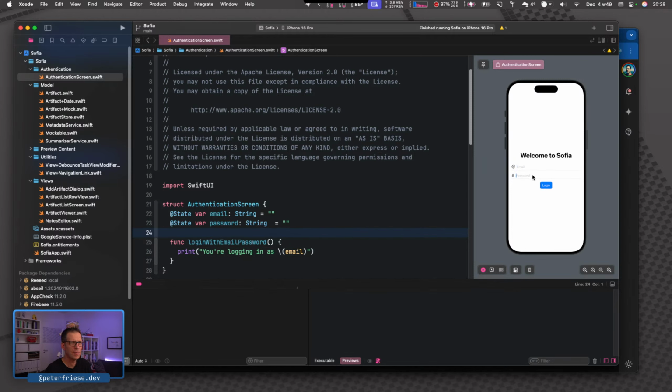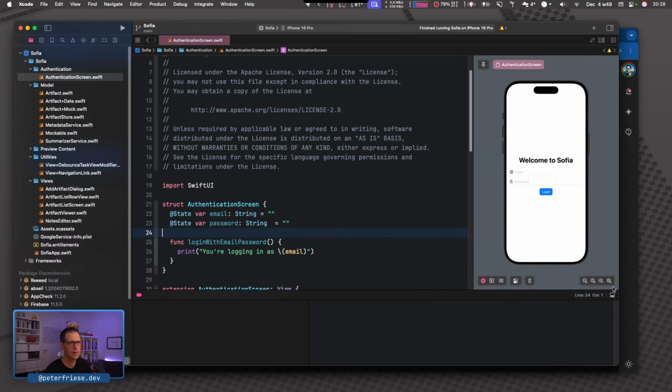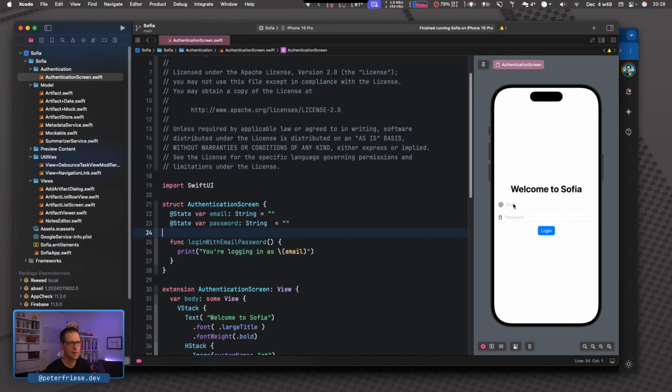No idea why I can't type into this field. That is really weird. Oh, it's because it's refreshing the preview. Okay.